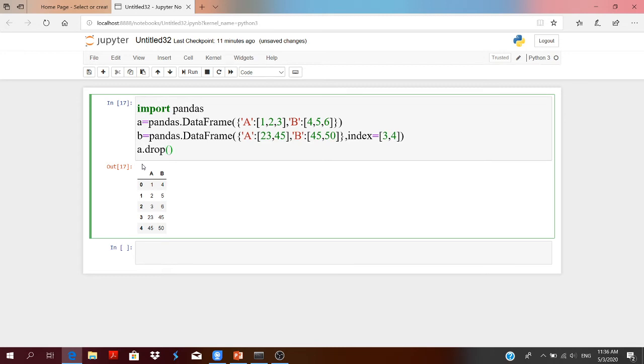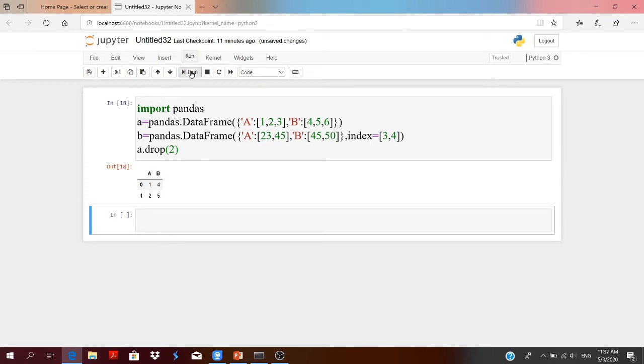Data frame name dot drop and write the index value which you want to delete. Suppose I want to delete the third row having index value 2, means this row. So just write this command, run the code and see.